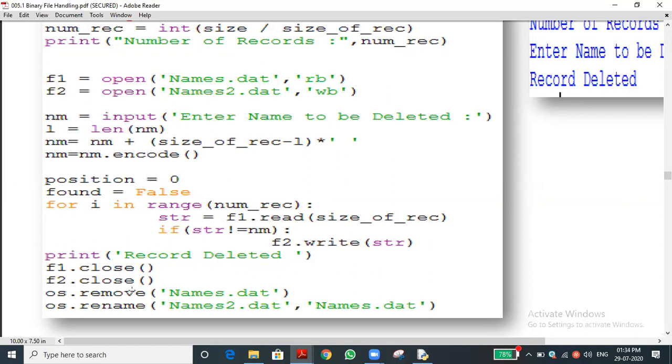Now we are about to use two new functions, the remove and rename functions. One doubt, sir. Instead of close, we can use the flush function, no sir? No, you are mistaken. What is the use of the flush function? By using the flush function, if we write one name, it will also be stored in that file. Correct, the flush function will send the data to be stored in the file. But it is not closing the file, no? We should close the file.